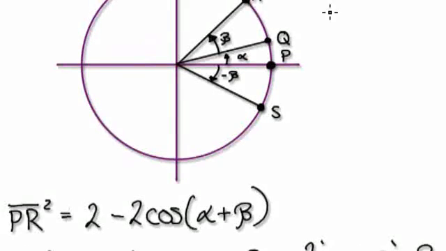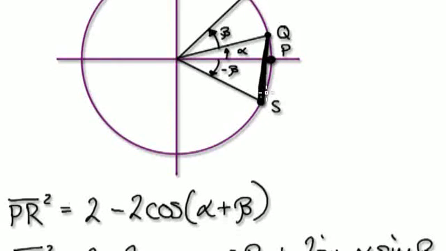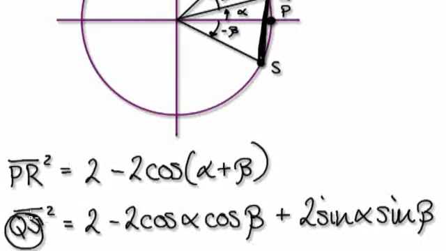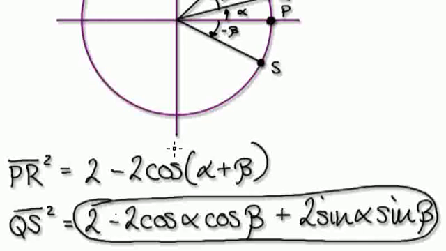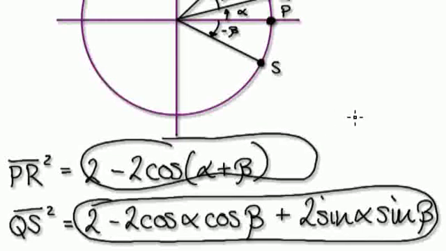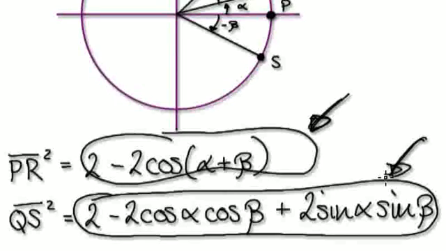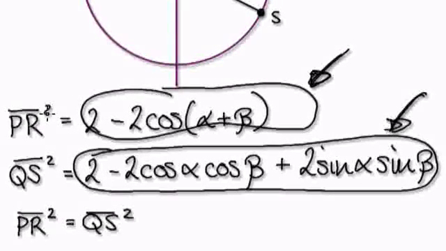And we also worked out QS squared. So this distance here is QS here. Well, by using Pythagoras, QS squared equals this here. Okay, and both of these were done in some of the earlier videos. So we've covered these two here. Now in this video we're gonna